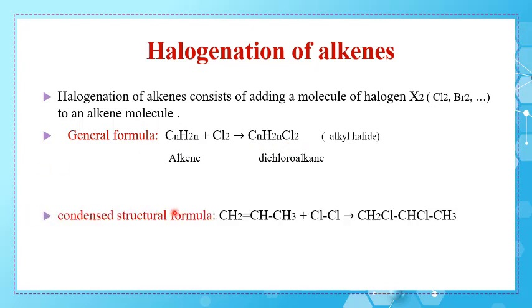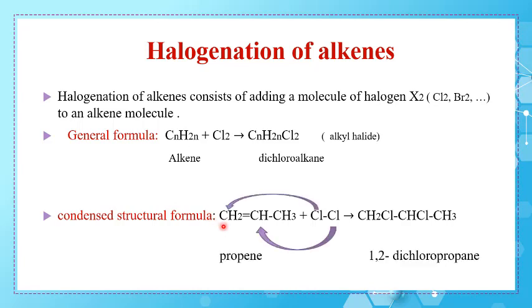The condensed structural formula of propene, for example, and we must add Cl2 on the propene, so we must add it as a mechanism on the double covalent bond, and to the carbon atoms just next to the double covalent bond, we add Cl on the first carbon atom and Cl on the second carbon atom, and we break the double covalent bond to become a single covalent bond. So the propene becomes